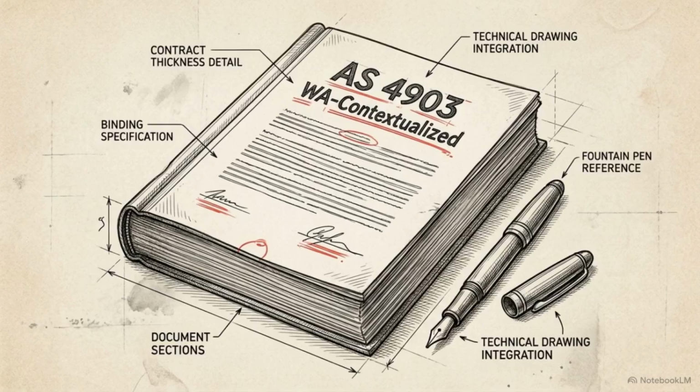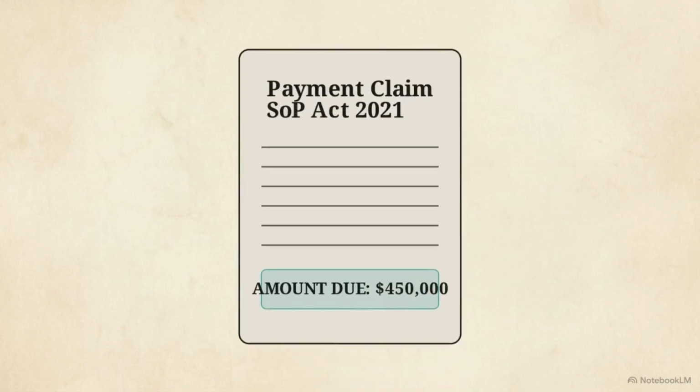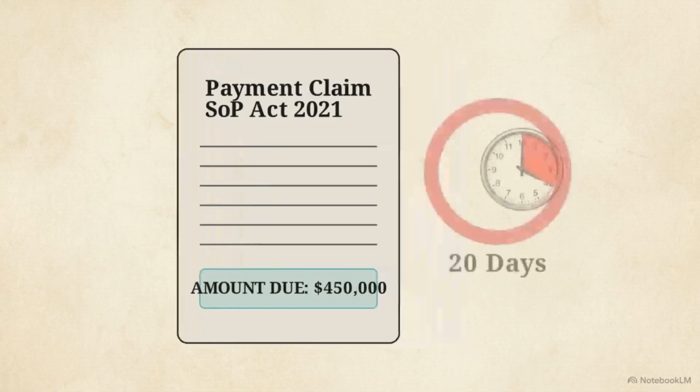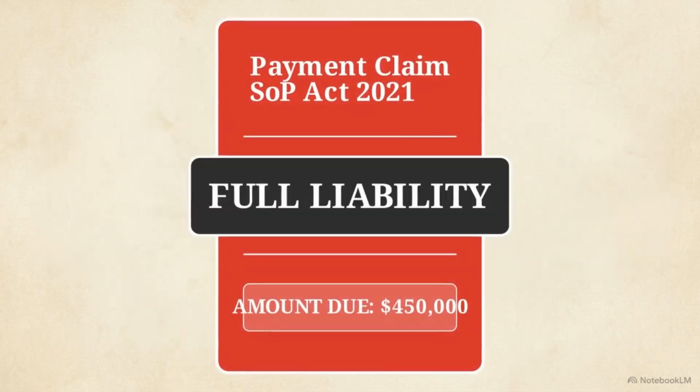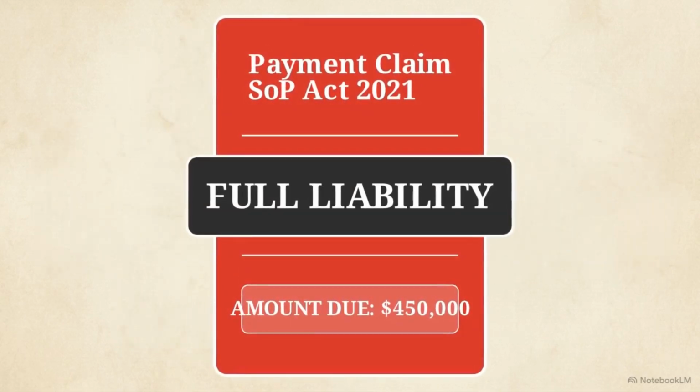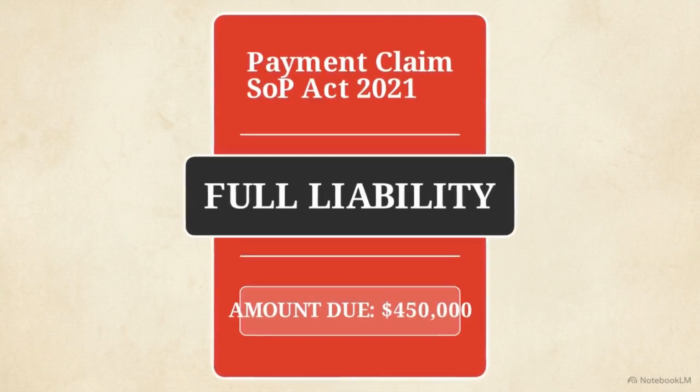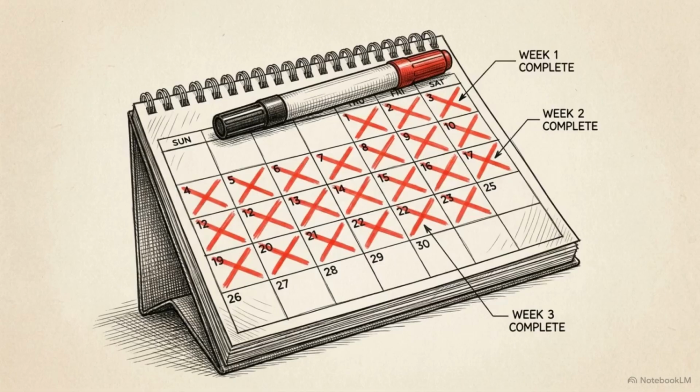In Western Australia, every subcontract now exists within a fast-tracked statutory adjudication regime. Under the SOAP Act 2021, a subbie serves a payment claim. The builder has a fixed window, typically 20 business days, to respond. If the builder misses that deadline, they legally owe the full amount. There is no defense available. Disputed claims move to binding adjudication, where a decision is typically reached in about 3 weeks.